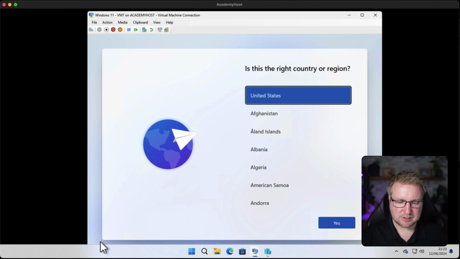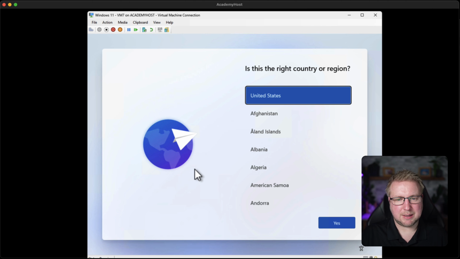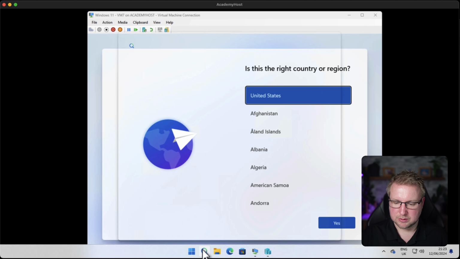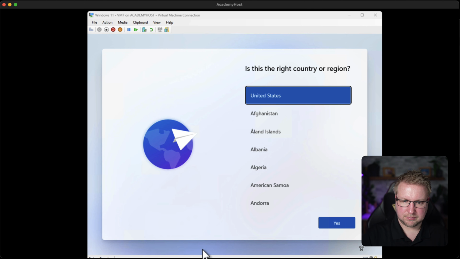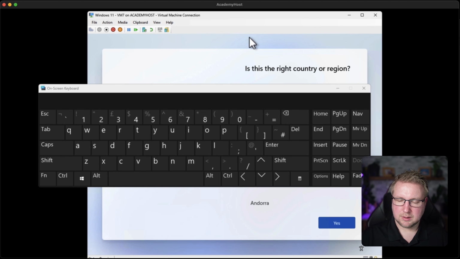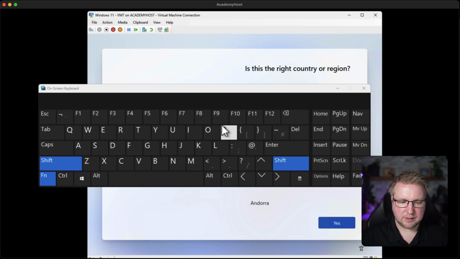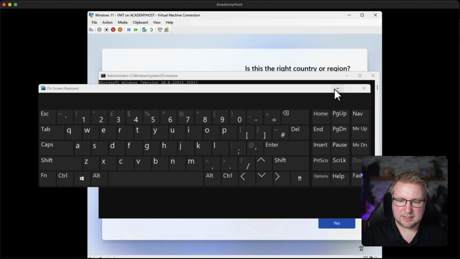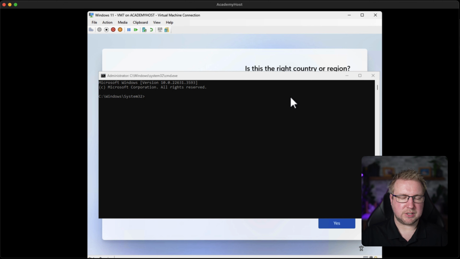So there is actually. So if I choose, well, I'm actually in a virtual machine. So in order to show you the keys that I'm going to be pressing, and in order to make sure it actually works, I'm going to open up the on-screen keyboard. So I'll just grab that. And I just need to make sure that I have this window in focus, and I'm going to do Shift Function and F10. And so if you press Shift Function F10 on your physical device, you would get this. This is a command prompt, and in command we can type